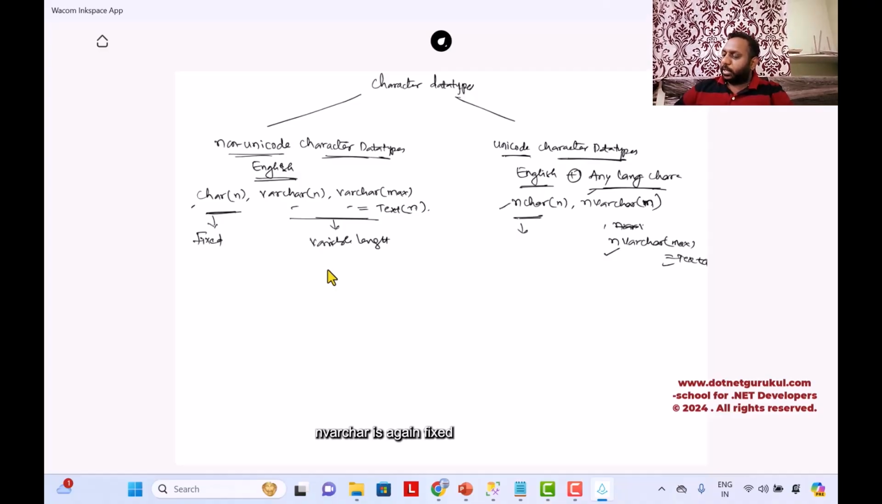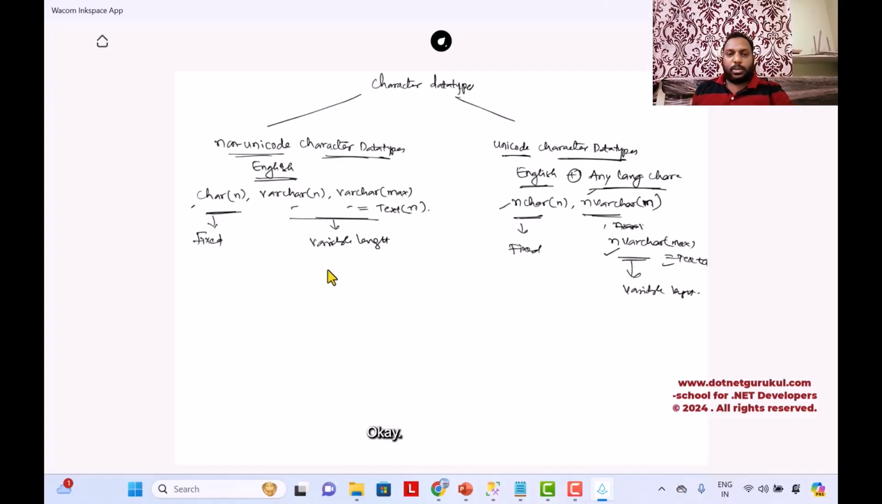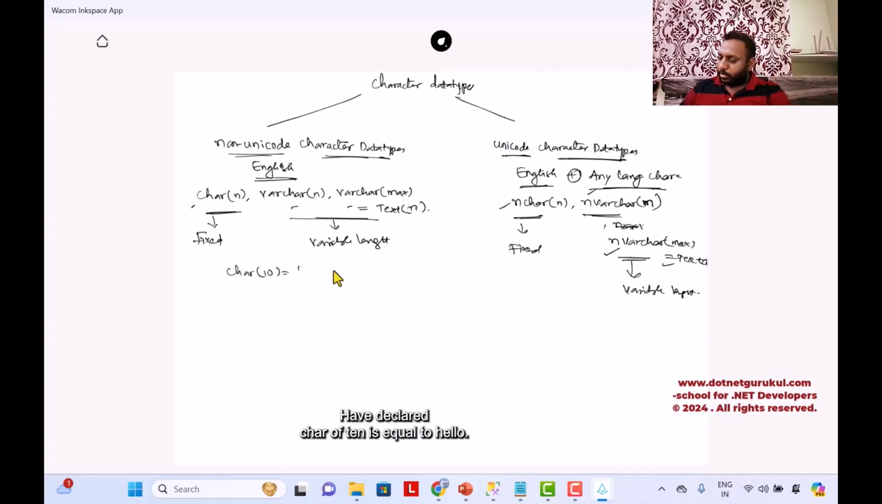NVARCHAR is again fixed, whereas NVARCHAR(MAX) and TEXT are again variable length. Okay, so let me take an example. Let's say I declare CHAR(10) is equal to 'hello'. Since this is fixed length, it will create 10